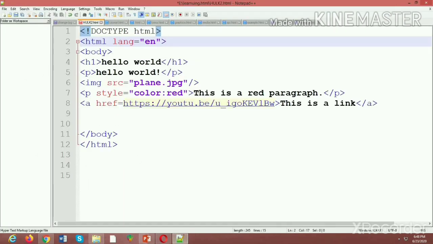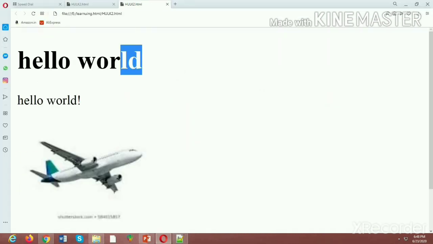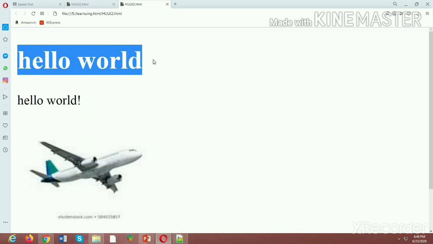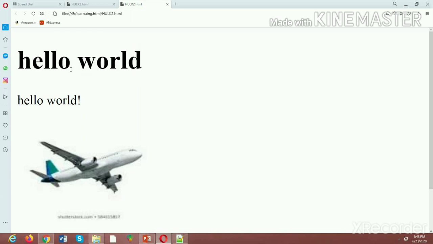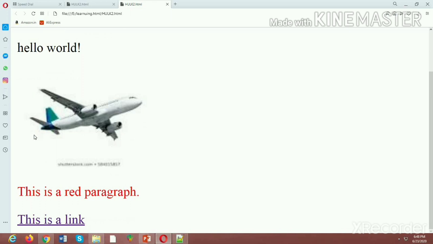Now I'll run it again. I haven't saved it, basically, that's why you are not able to see the headings and the paragraphs. As you can see, hello world, this is the element and this is also an element, the paragraph element. Then the image attribute, the style attribute and the link attribute.